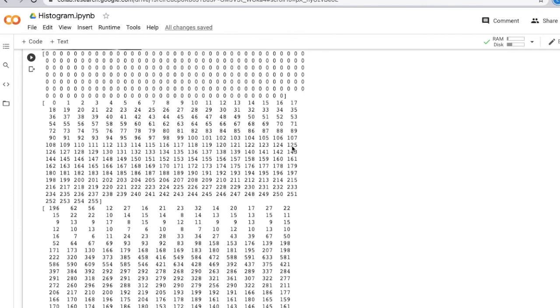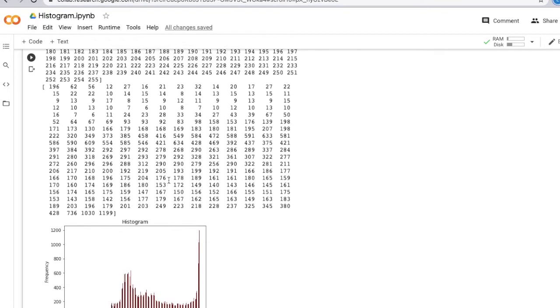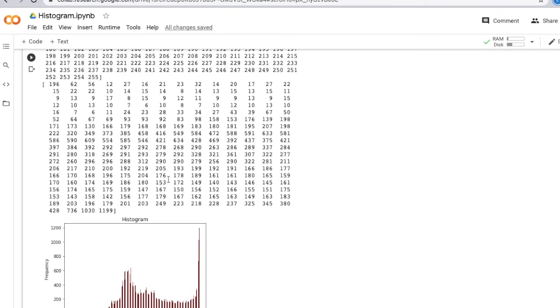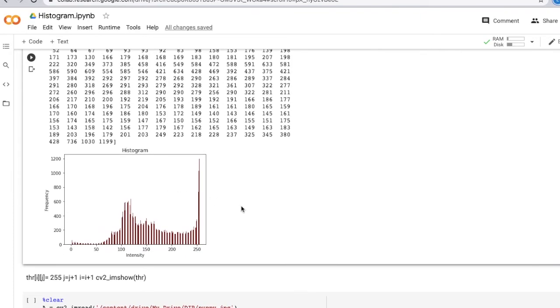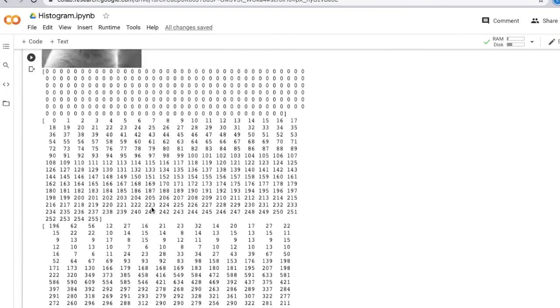Next is the intensity matrix that we created, which is going from 0 to 255. The third one is actually the count. The first one is with respect to 0 intensity and the last one is with respect to 255 intensity. And lastly, how we created the bar graph for this, where the x-axis is intensity and the y-axis is frequency. So this is the histogram for this puppy image.